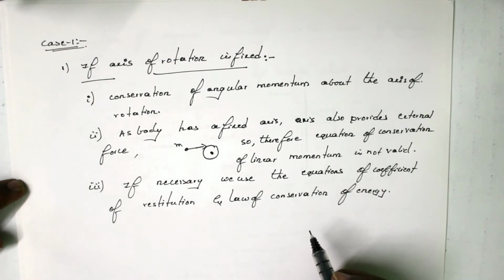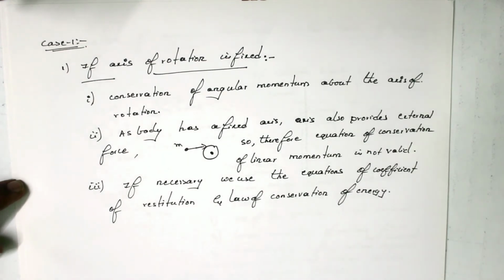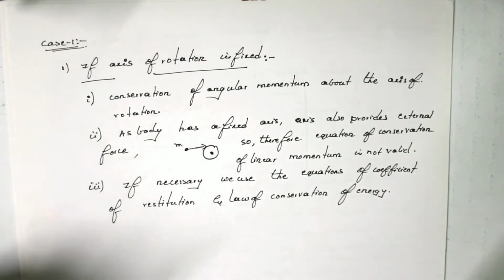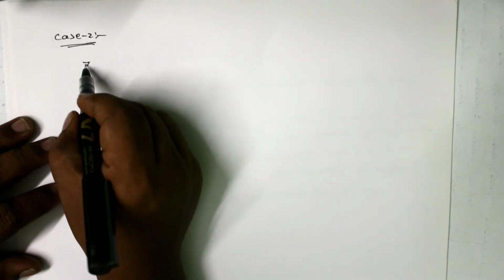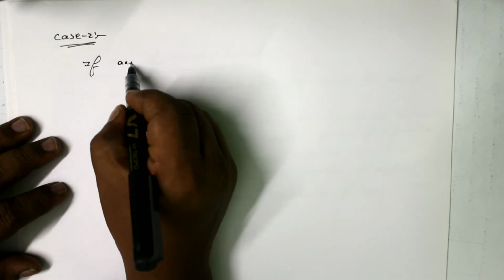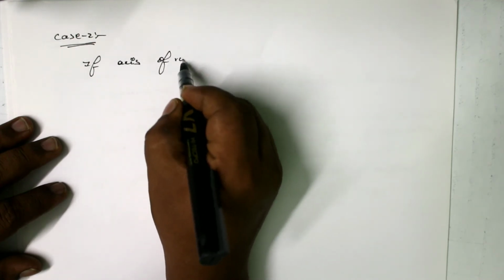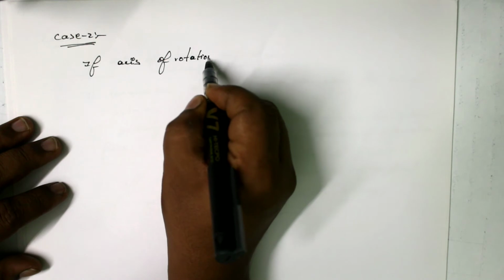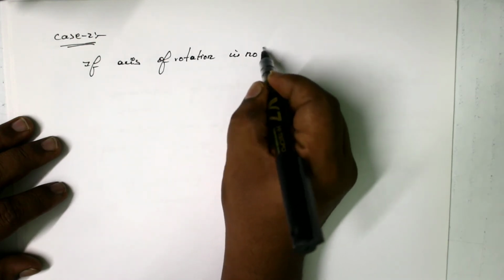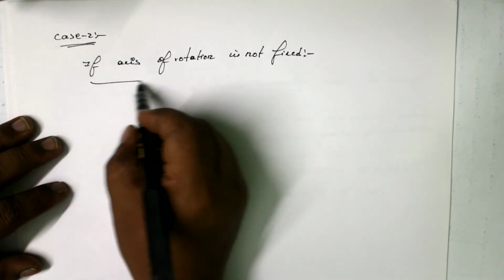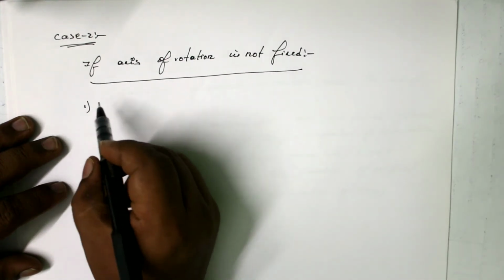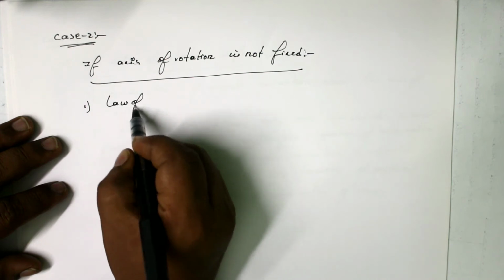Okay, so these are the conditions if the axis of rotation is fixed. Now I will write the second condition, that is case number 2. Case number 2 is if the axis of rotation is not fixed. If the axis of rotation is not fixed, then definitely we can use the law of